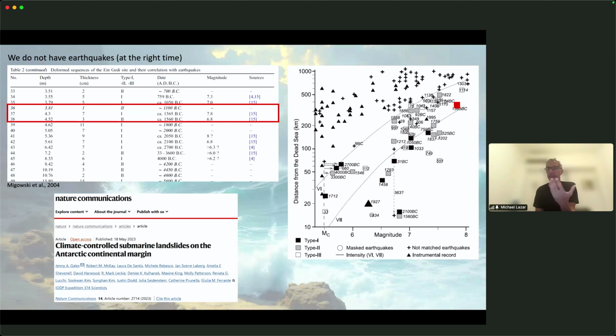And the idea is very simple. When you have climate change, you have fluctuations in sea level. Fluctuations in sea level put more pressure or less pressure on the sedimentary load. And if we have a period where sea level is low, that means the hydrostatic pressure on the sediment load is released and the sediment can slide. If the sediment can slide, it can create